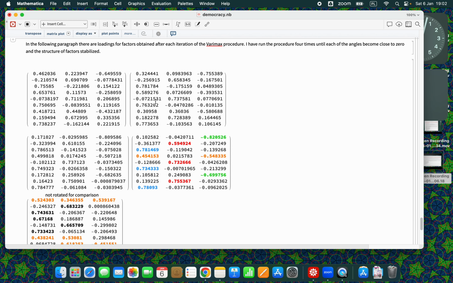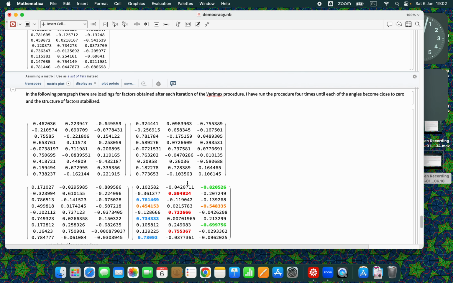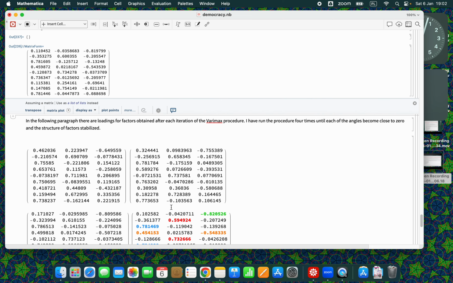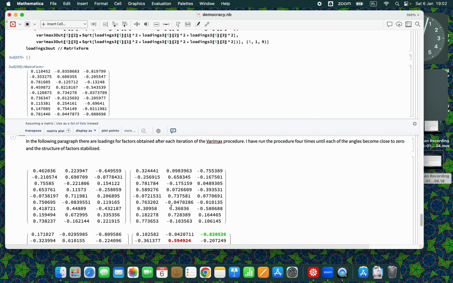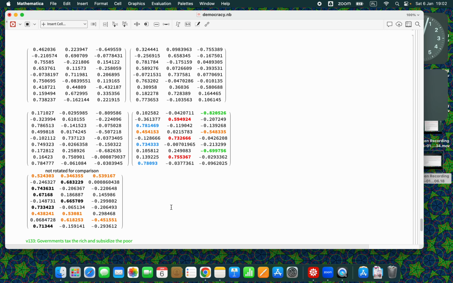Here I've copied the results of each step, and there are very slight differences between this matrix here and this matrix here. This probably means that there are some slight numerical errors, but the overall